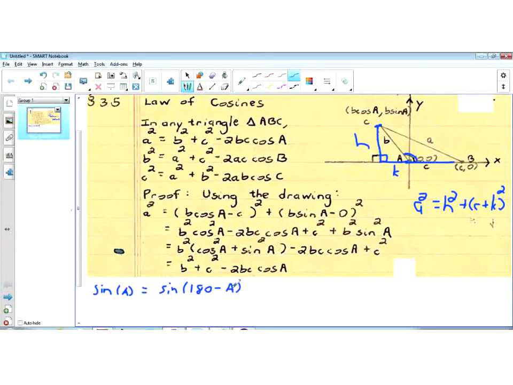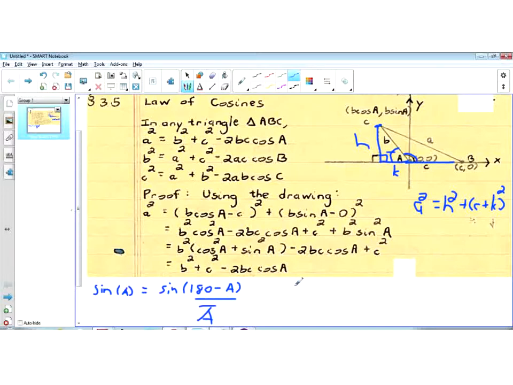The terminal side of angle A is in quadrant 2, so this would be the reference angle for angle A right here. The sine of the reference angle is equal to the sine of angle A, because the sine is positive in quadrant 2. So if we call this reference angle A bar,